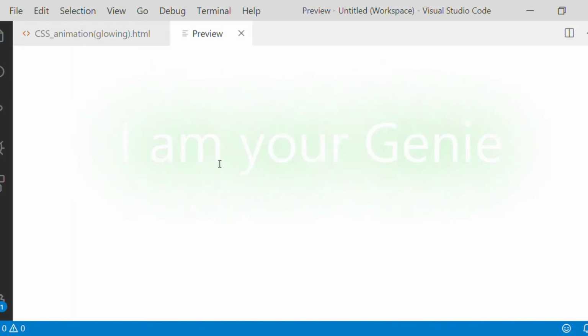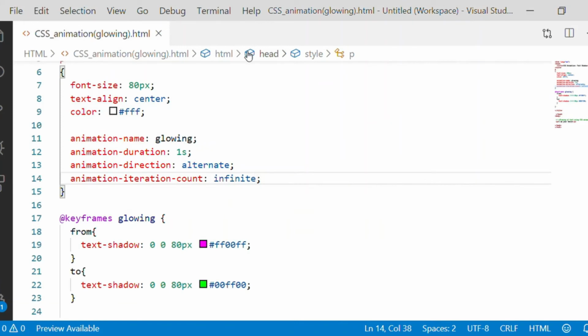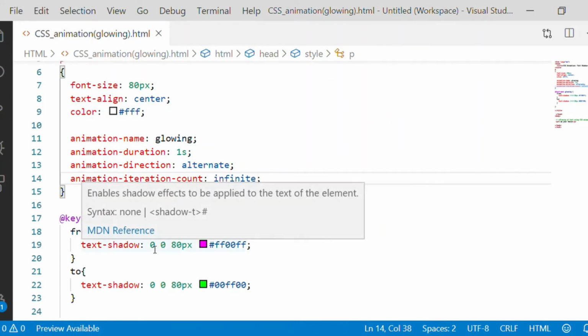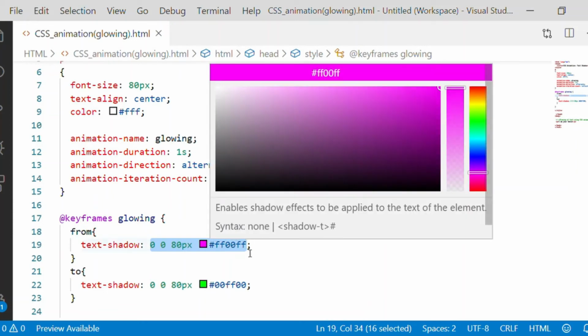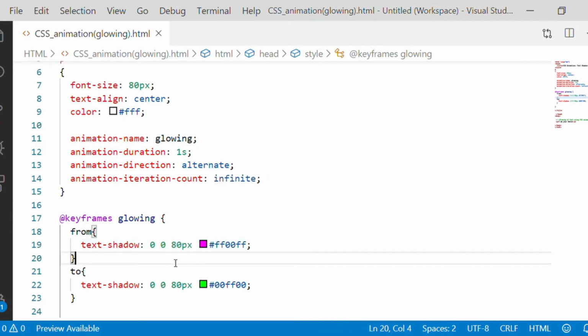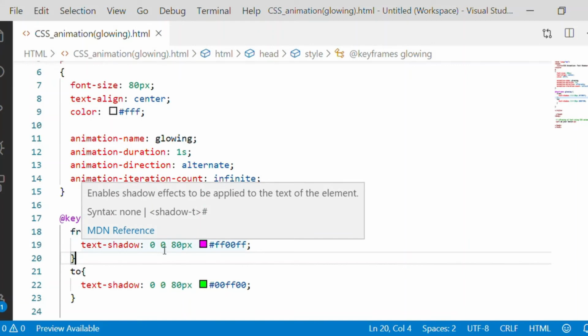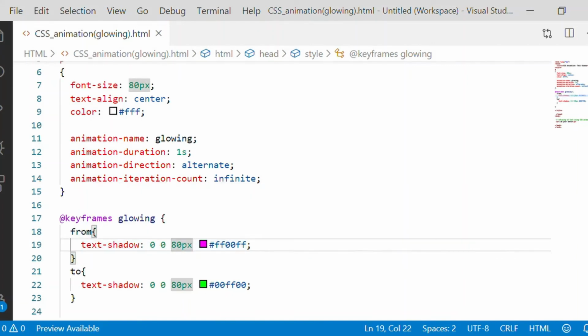In the preview window, we can see the colors are changing, but it is not coming as the actual glow effect.